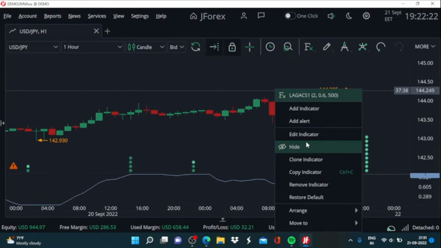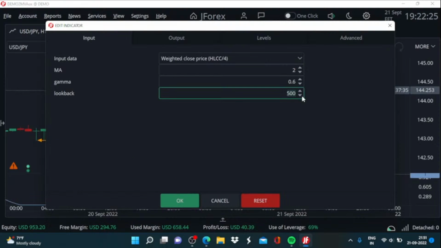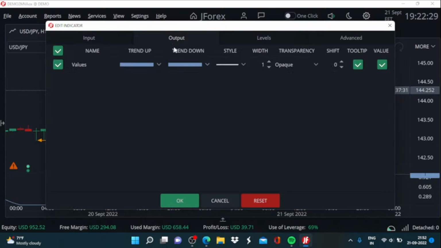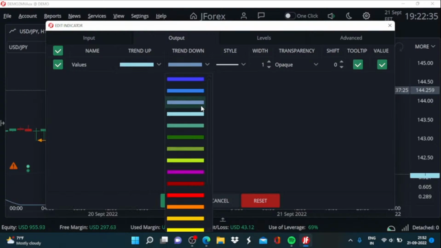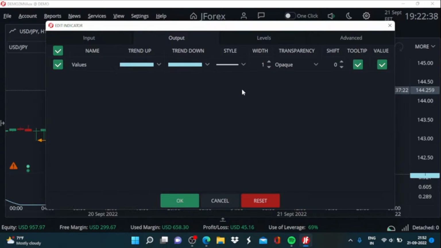All right, let's restore back the default setting. Now we have trend up and trend down. This can be styled a little bit. You can go for different combinations. You can even go for the